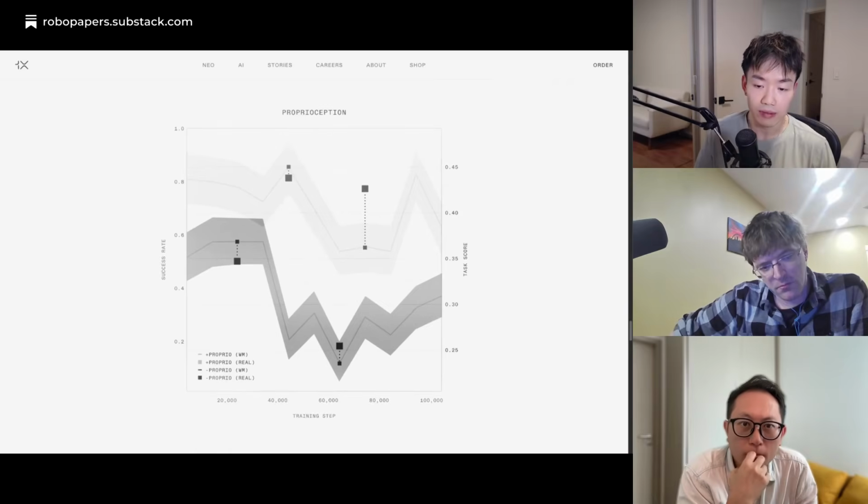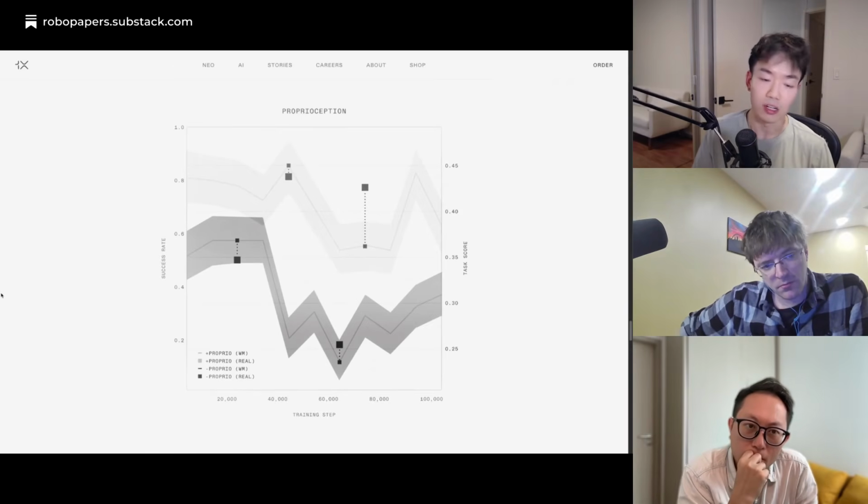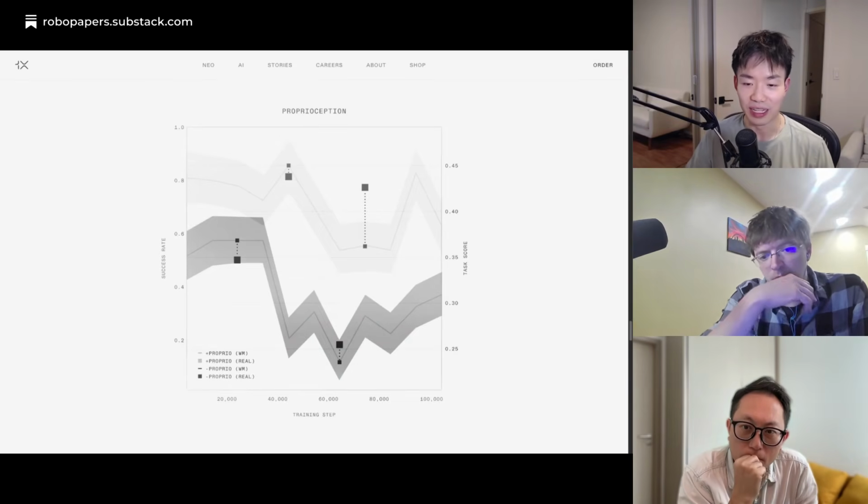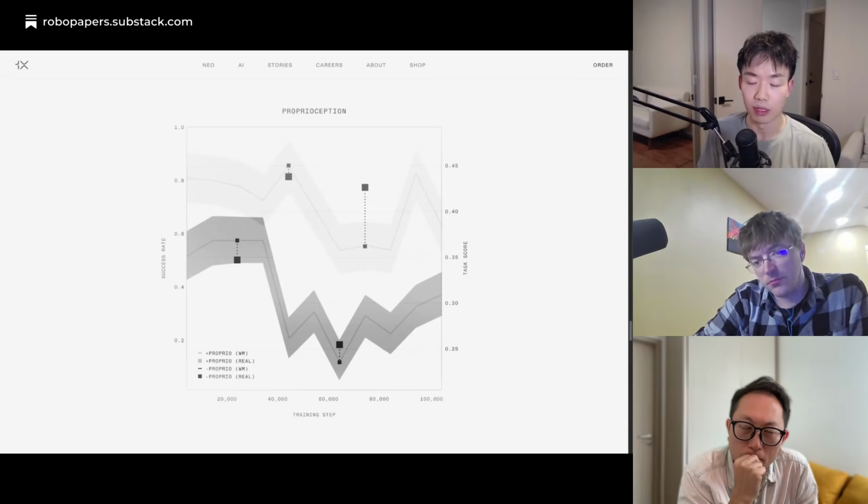And if you look at some of the eval results, we show a couple of different things. We show checkpoint selection in robotics. Actually, it's pretty hard to know when to stop training because the validation losses don't necessarily match the real world performance. Especially if you're training a behavior cloning algorithm, it would be nice to have a proxy estimate before we try every single checkpoint out in the real world. Or sometimes we're just lazy and we only pick the last checkpoint, right? But that may not always be the best one.